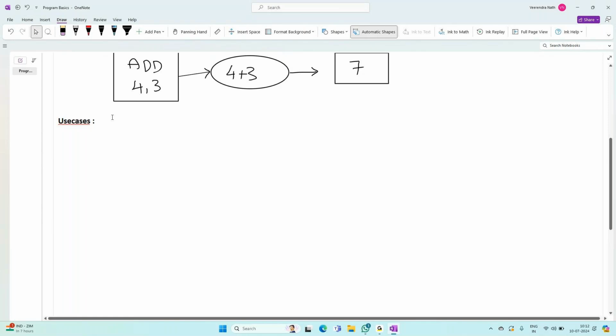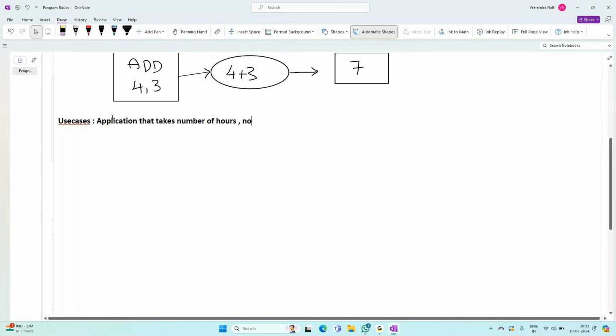For example, I am working for a software company, and one of my clients asked me to create an application. What is the application use case here? An application that takes number of hours,